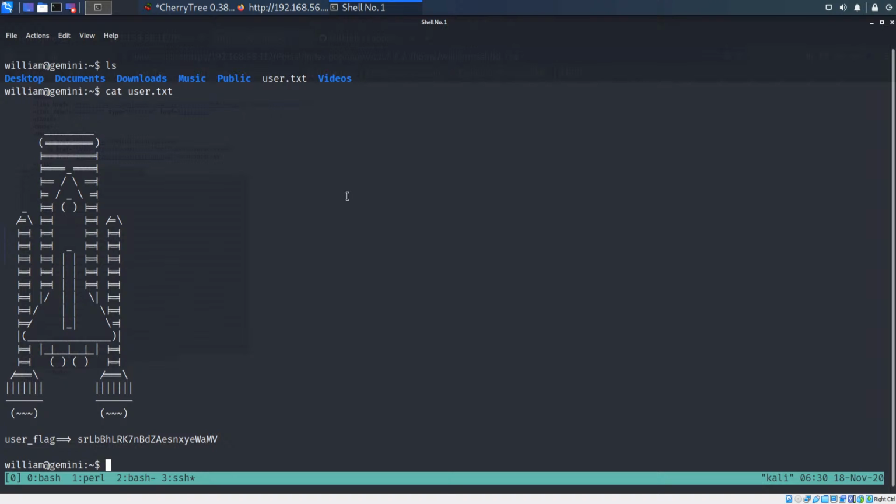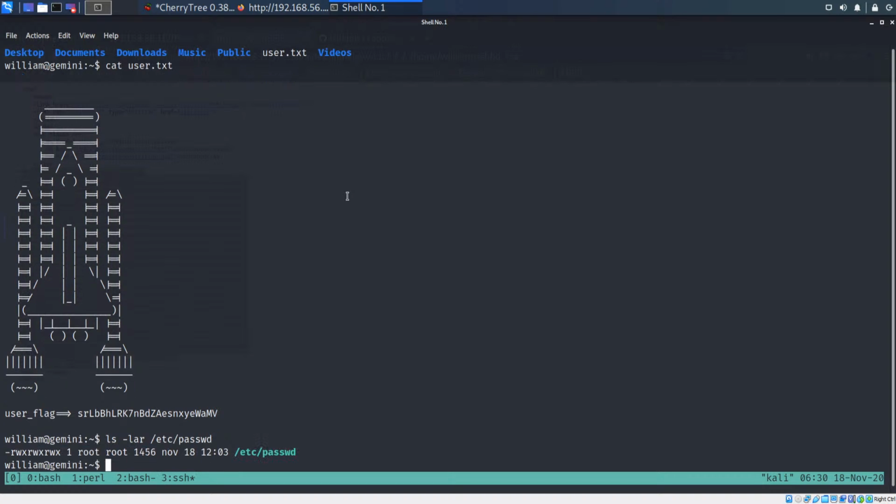After you run LinEnum, I'm pretty sure you will come across one of the vulnerabilities, that is, the etc password is writable. Here you can see the permissions, so it's writable by anyone. We are going to use this particular file to escalate our privilege to root. How are we going to do that? So let's see the content of